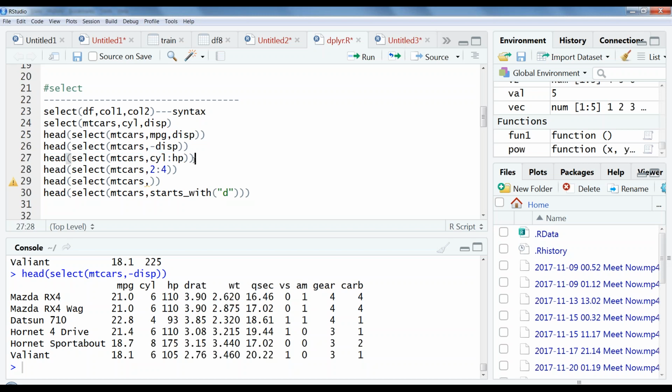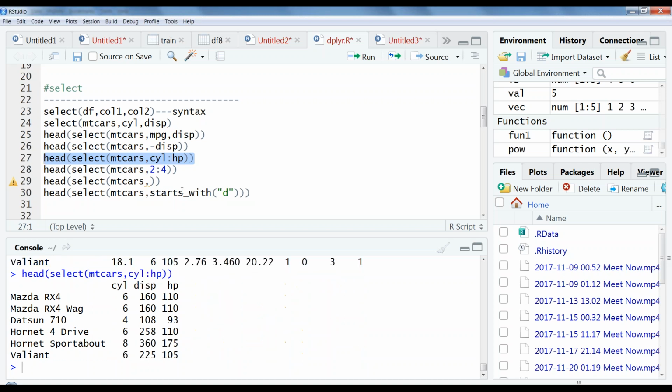And then moving on to the next option, what we have is select range. Suppose I have cylinder to HP. So cylinder is this column to HP. All the columns in between those will be coming. So here cylinder, displacement, HP. So these are the three consecutive columns.